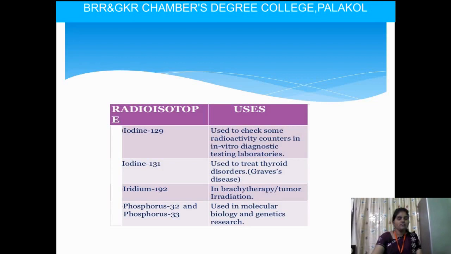And phosphorus 32 and phosphorus 33 we can use to treat different types of diseases, and we can use them in food, in the fate of cells, and in distribution studies. So distribution studies means the administration or introduction of radioisotopes into the system of organisms. So by using this we can study different parts of the body and different areas of an organism.